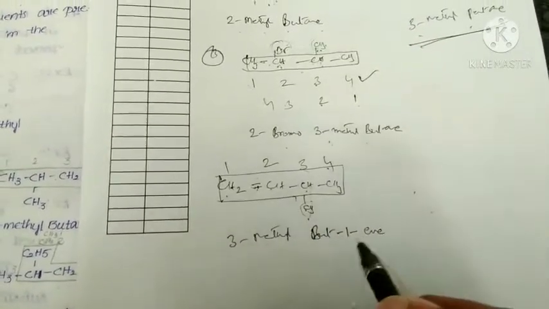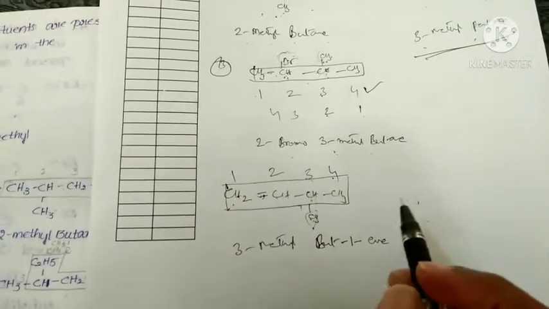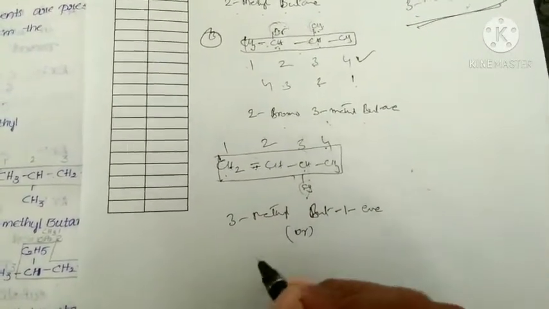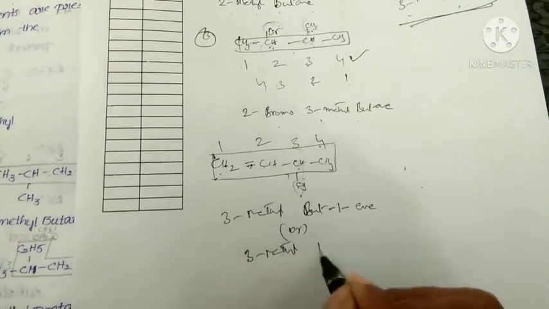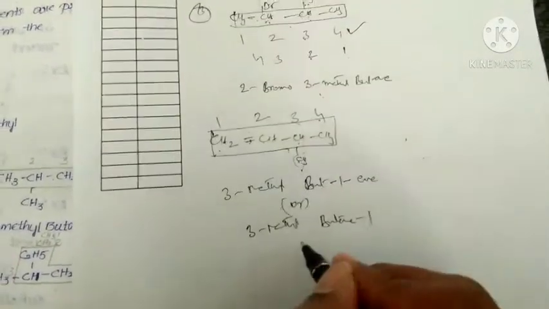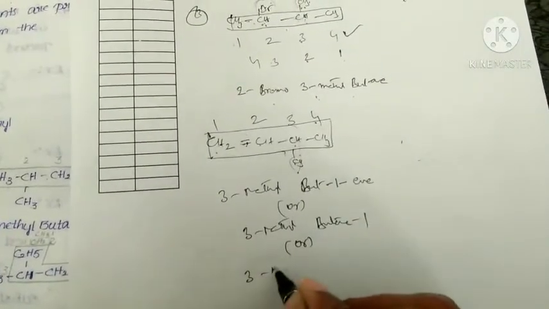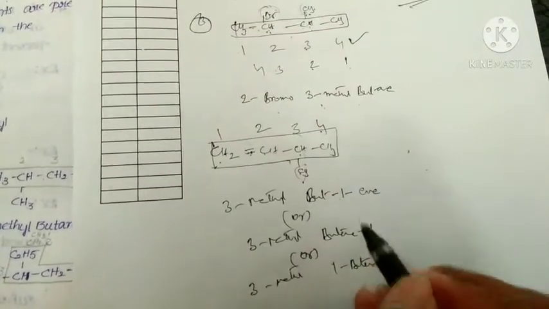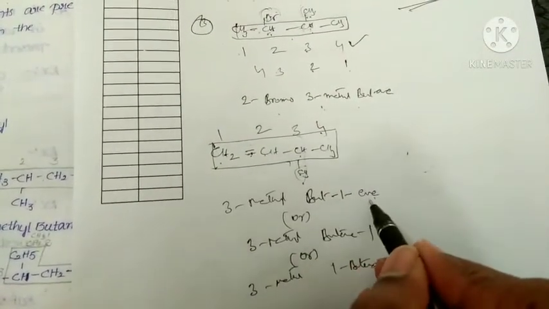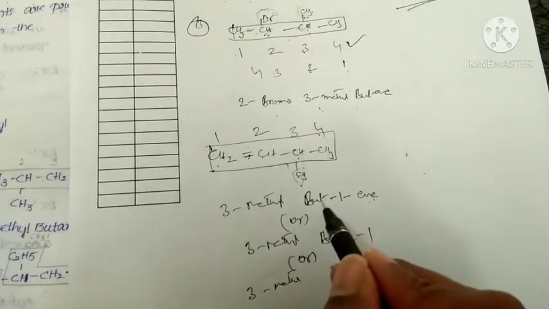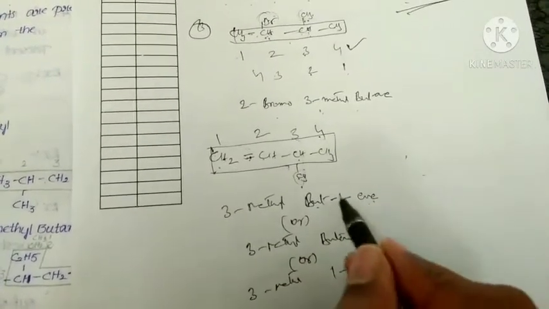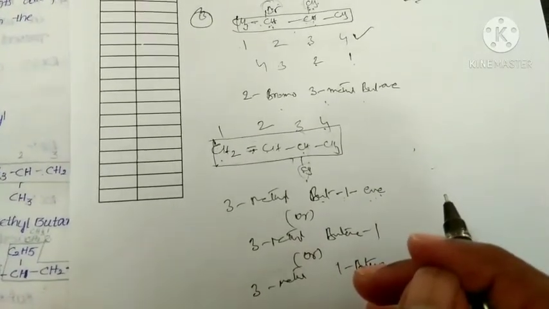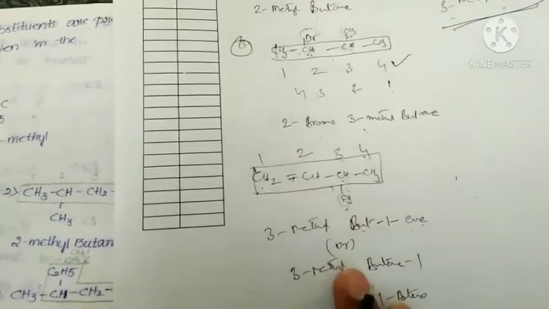Again hyphen en, because double bond is what? En. That is primary suffix. There is no secondary suffix here. Or it can be written as 3-methyl butene 1, or it can be written as 3-methyl 1-butene. So you can put that 1 after butene, or before butene, or between but and en. You can put that integer anywhere. That is about this compound.